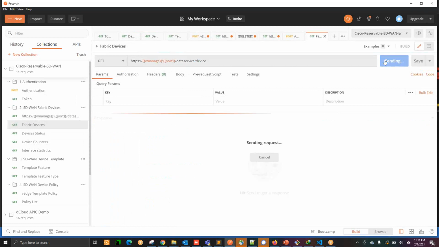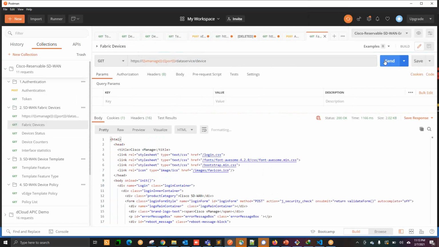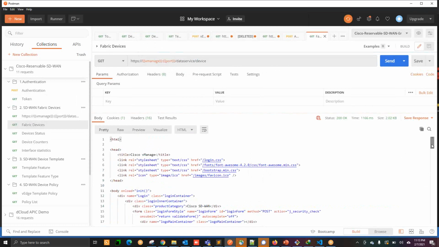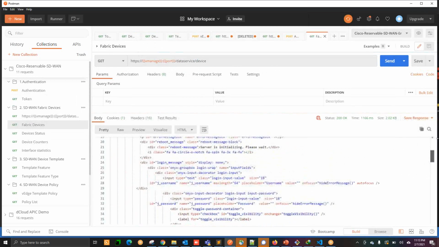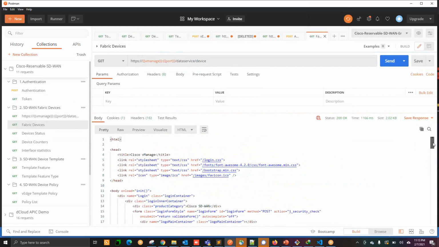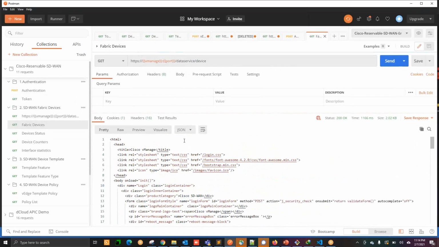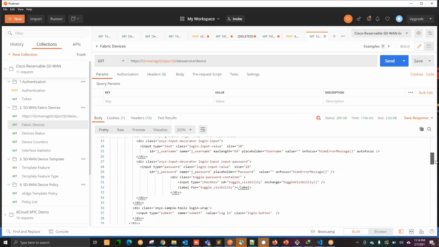Now if I run this, it will print the output like this, and I told you to remove the header and check the data only. I don't want HTML, let's go to JSON output. It is showing HTML, I don't want this HTML. That's something we can do very easily in programming.